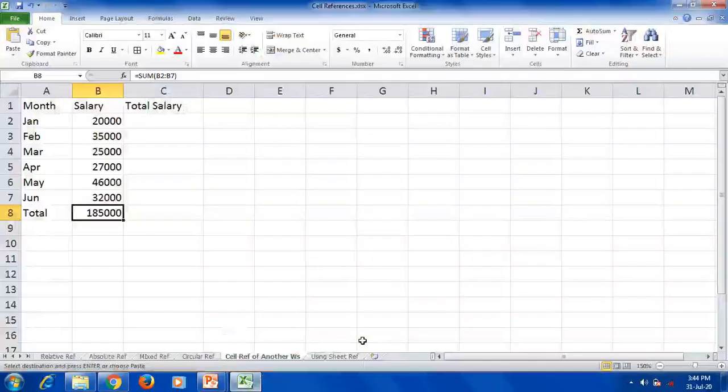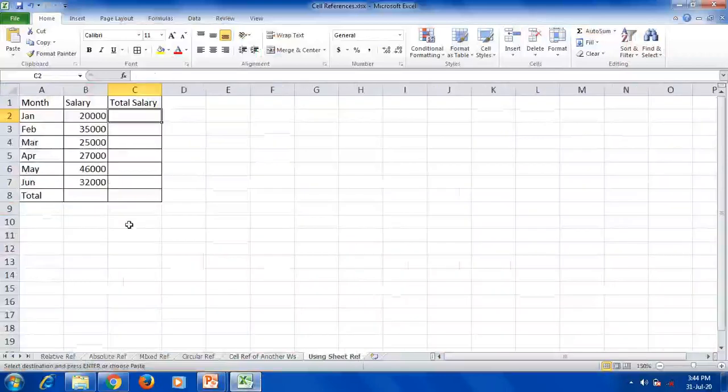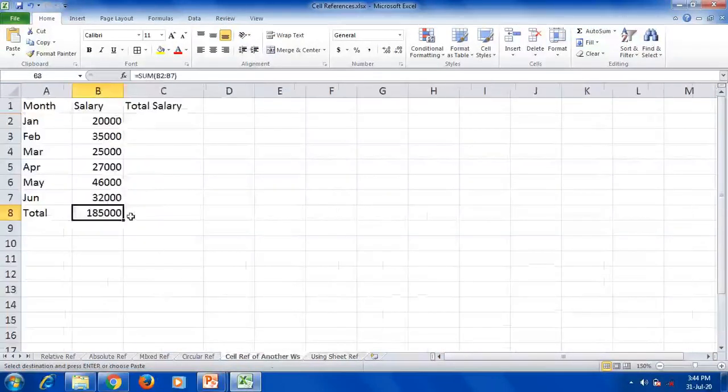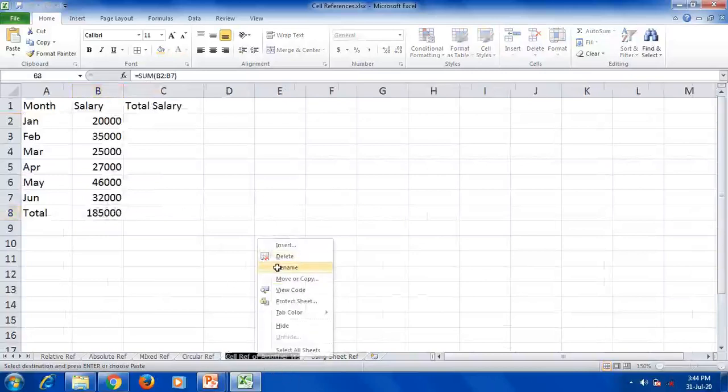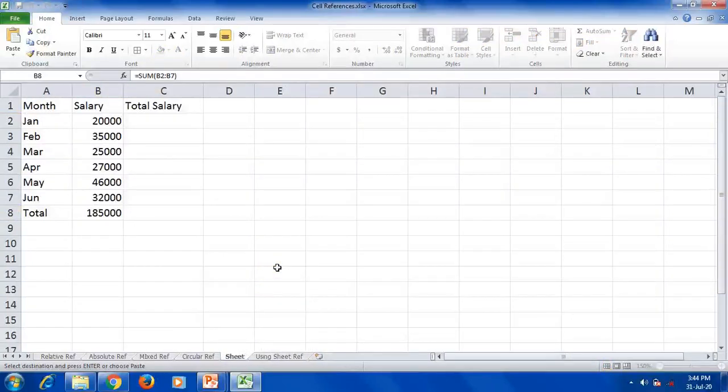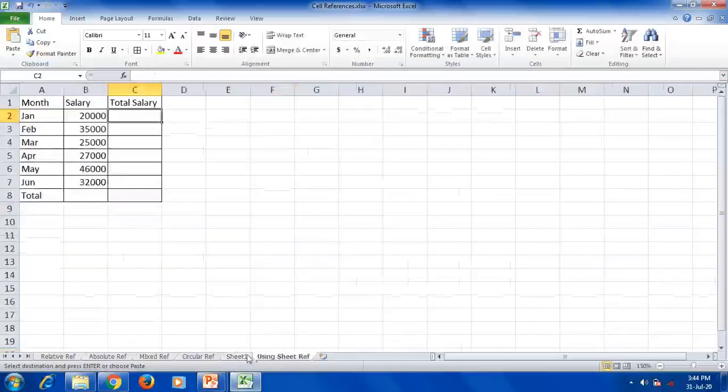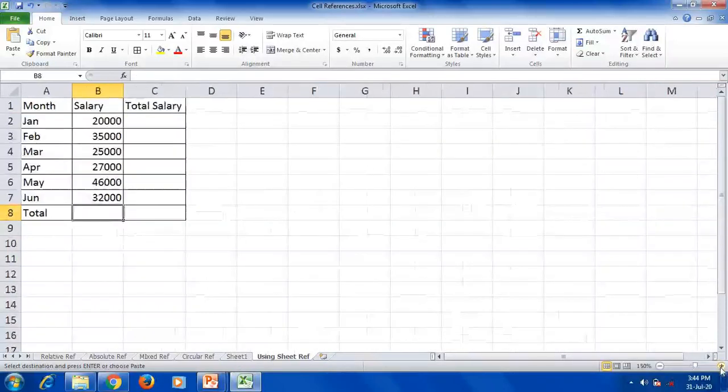See here, in a sheet reference, from this sheet, here the sheet name is cell reference of another worksheet. Here I am going to take from here. Before that I will change the name and make it short, Sheet1. Okay, I have named it Sheet1. Now I will take a reference from this Sheet1 to this cell address. How to do that?